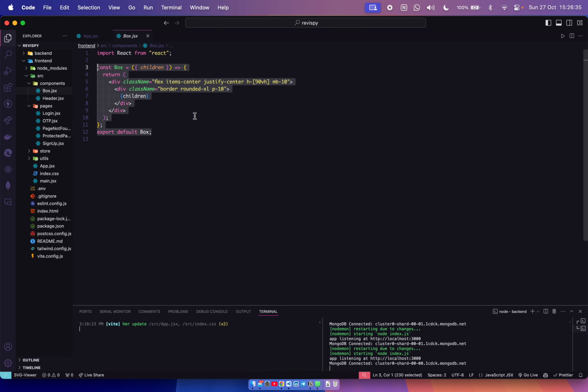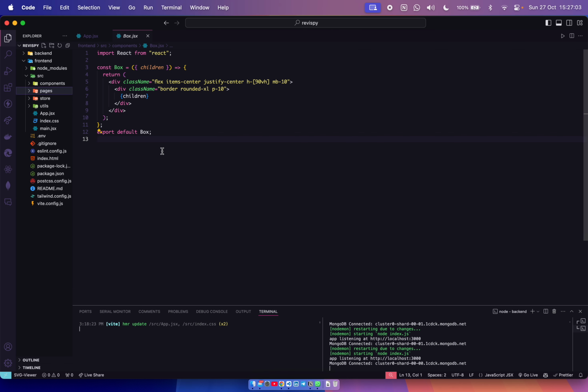The box has nothing much, it is simply giving us UI, and whatever children is passed to box, it will render in a proper way. So if I have to change any designing of the box, I can change it in the single box component, and it will be reflected on all the other pages.